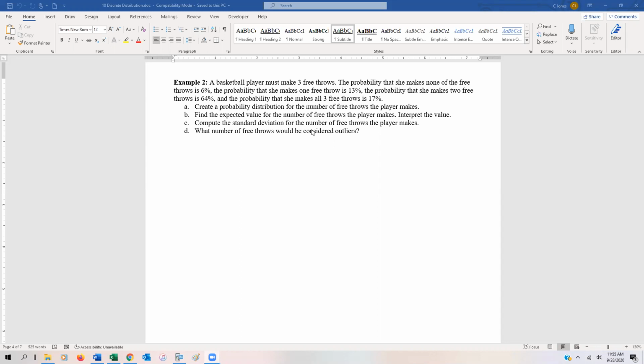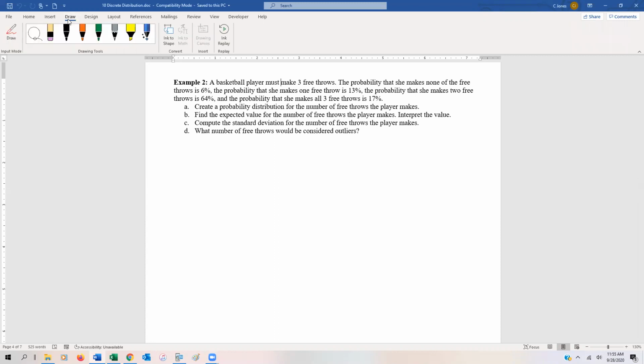And we're going to do exactly the same thing that we did in the previous problem. We're going to find the probability distribution, construct a distribution, compute the expected value, and then interpret it, find the standard deviation, and then find the number of free throws that are considered outliers. Right, so first things first, let's construct the frequency or the probability distribution. So we have outcomes. And the outcomes are you either make 0 free throws,